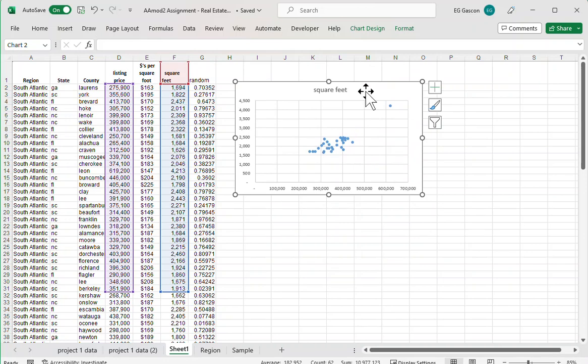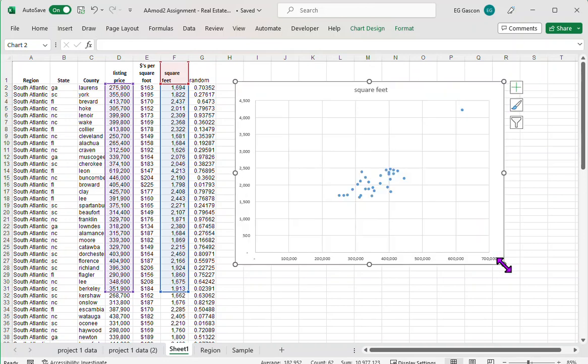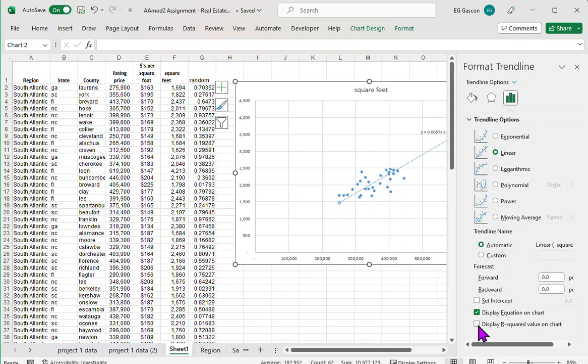This is similar to what you did in yours. It's not the same scatter plot, but it's similar in that what you have here, the X, which is supposed to be the predictor variable, you have the prices. And for the Y variable, you have the square foot. So you'll get this, and then you click on here and you right click and you add trend line,